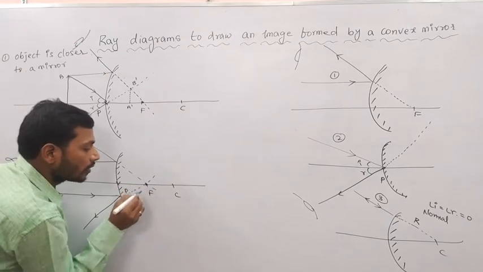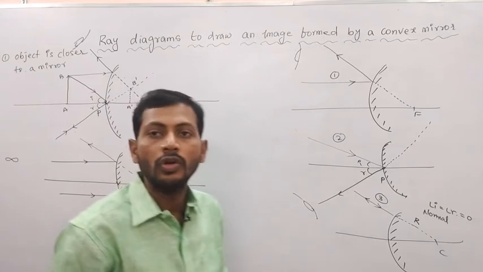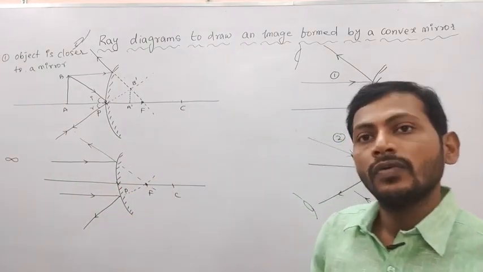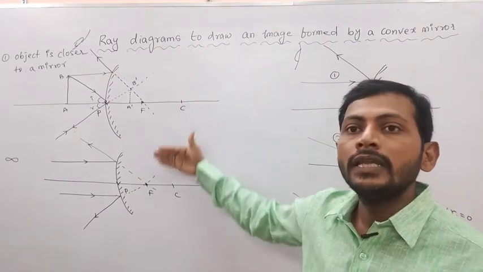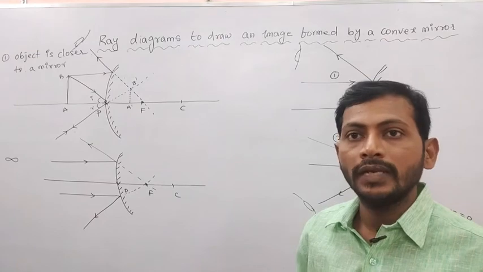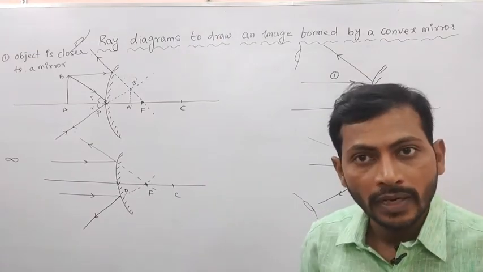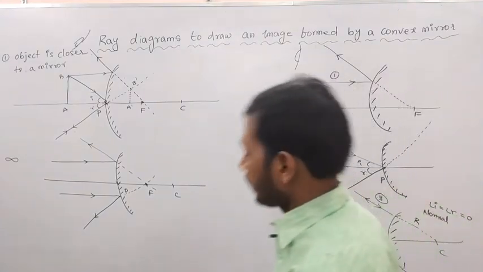So now if you observe clearly here, where is the image formed? You are going to say the answer: sir, the image is formed at the focus of the given convex mirror. So now, by seeing these two diagrams, can you write the properties of the image formed by a convex mirror? Yes, we can write. So please write down.